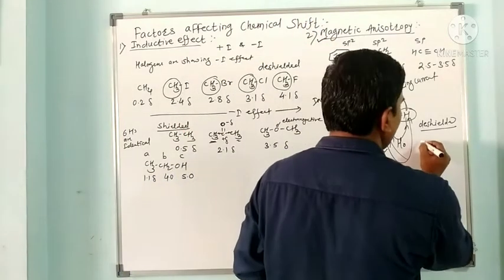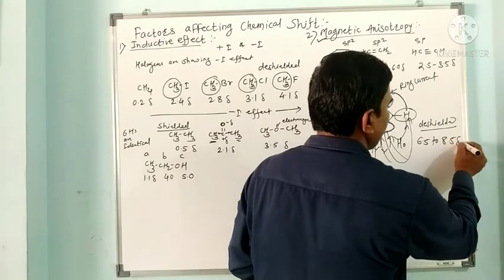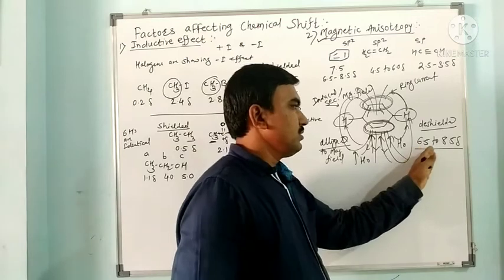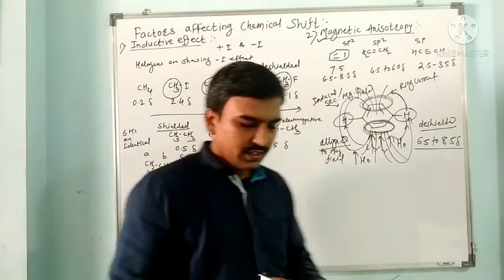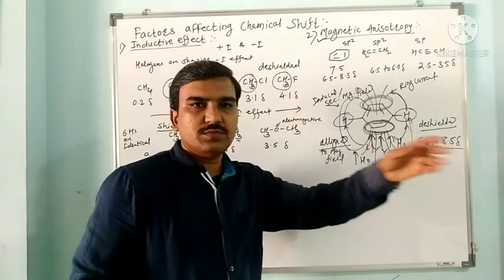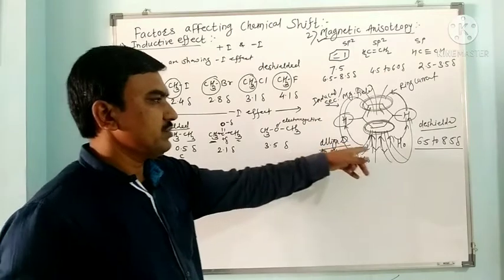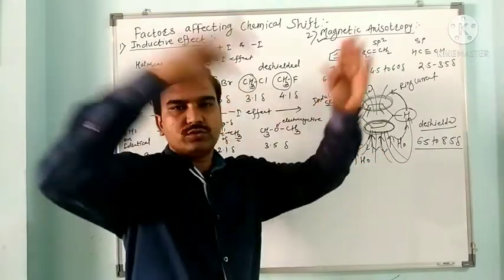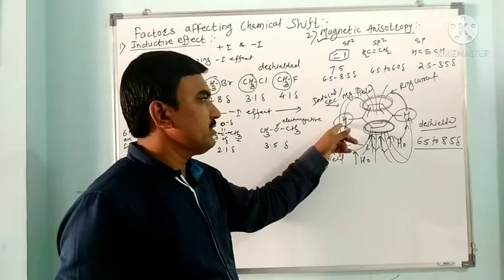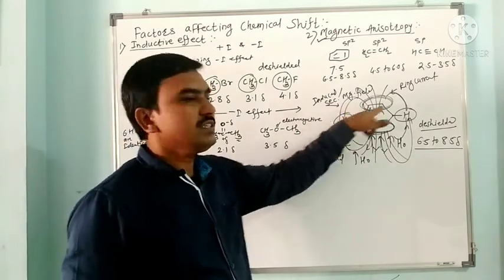So the chemical shift of aromatic protons is around 6.5 to 8.5 delta. Now it depends again on the substitution pattern. It can be towards this or towards the more de-shielded. So in this way, this is the magnetic anisotropy in the aromatic system. Because of the circulation of pi electrons, it creates a large ring current. In the presence of the applied magnetic field, it induces a secondary magnetic field, and this secondary magnetic field is aligned to the external magnetic field where the nuclei are situated.